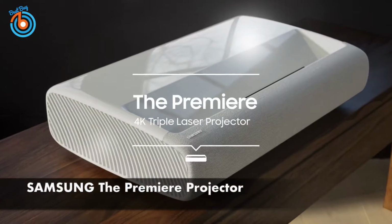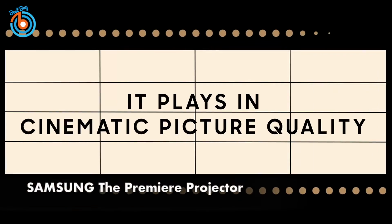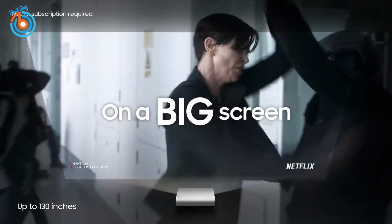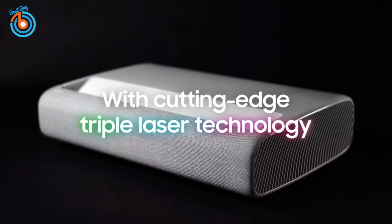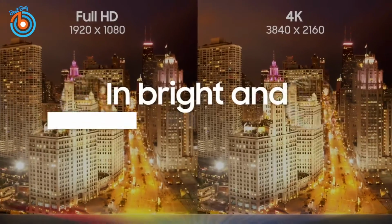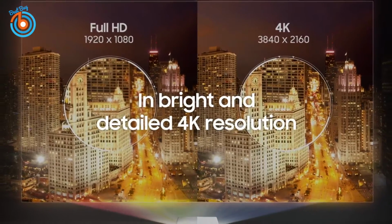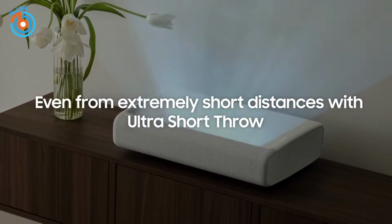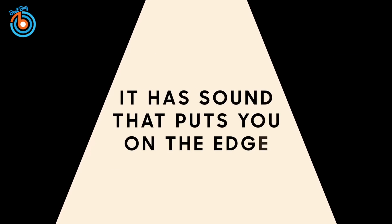This is Samsung the Premier Projector, the next generation of living room projection. This ultra-short throw beamer makes use of 4K, HDR laser projection, with a 3-color laser removing the need for a color filter, and therefore allowing the Premier's 2800 lumens brightness to really shine. Pictures are punchy and colorful, and Samsung's world-first introduction of the HDR10+ format adds in scene-by-scene picture calibration